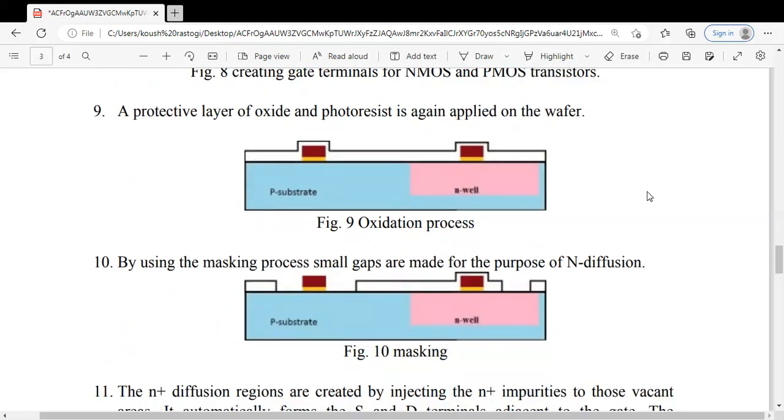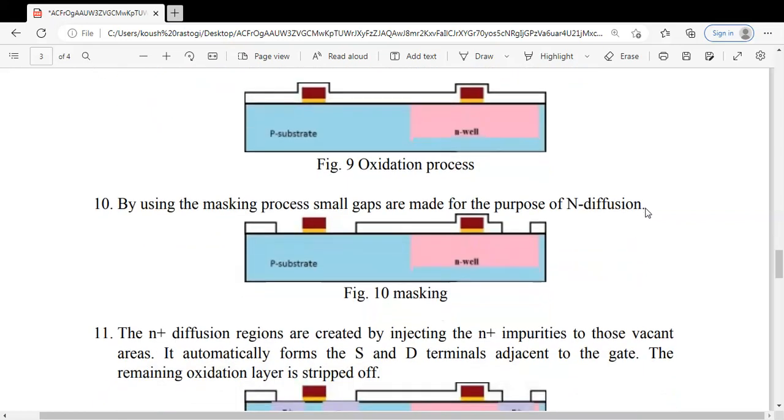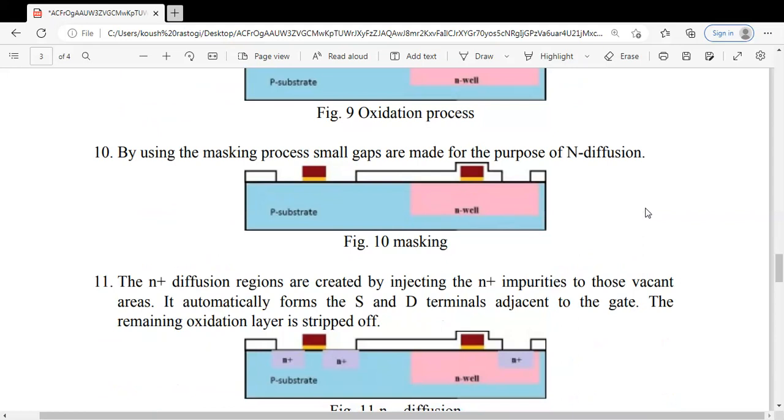These small gaps are used for the purpose of N-type diffusion. Obviously for the N channel we will need two N plus regions. You can see we have created N plus diffusion regions by injecting the N plus impurities in the vacant areas.